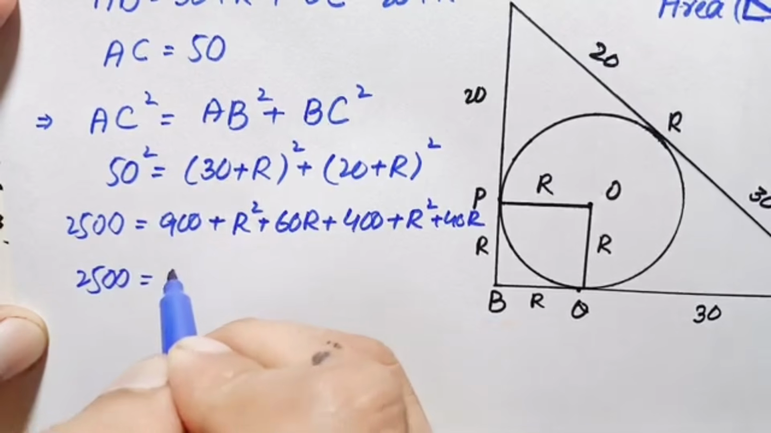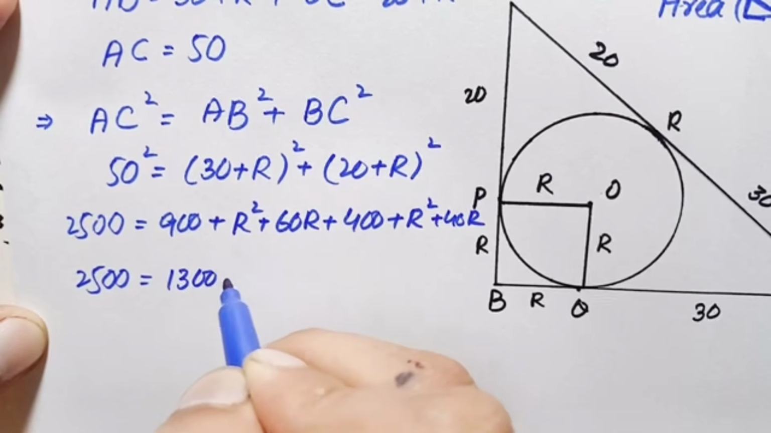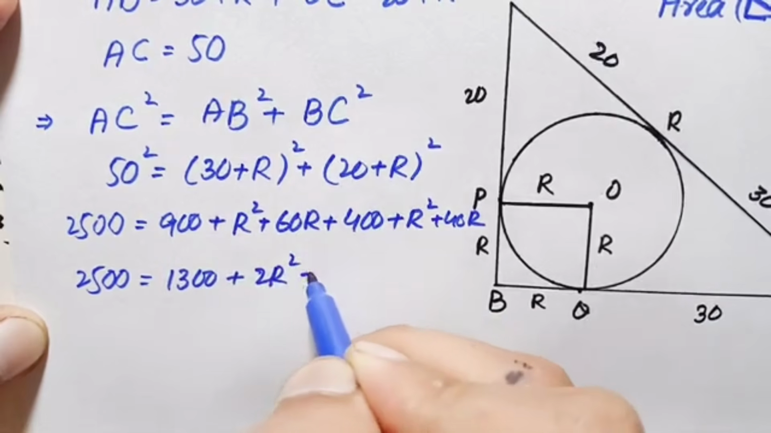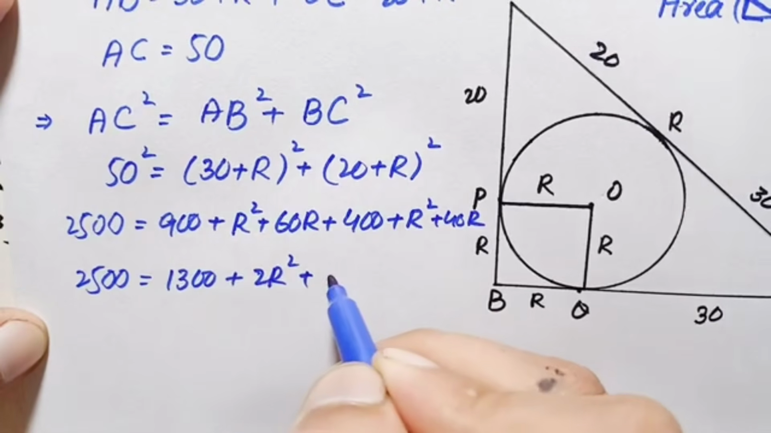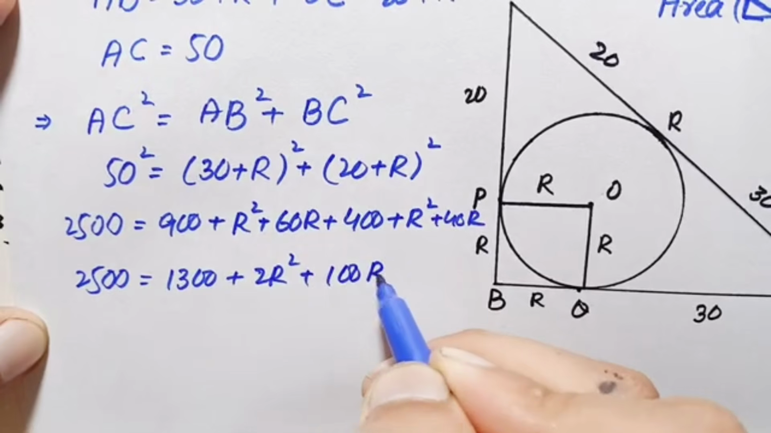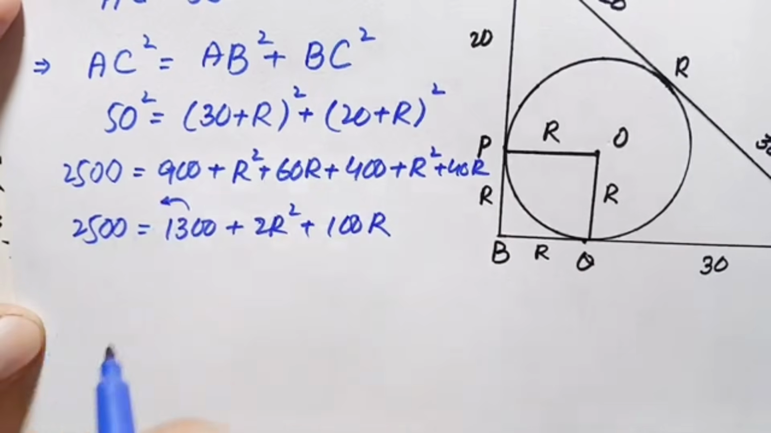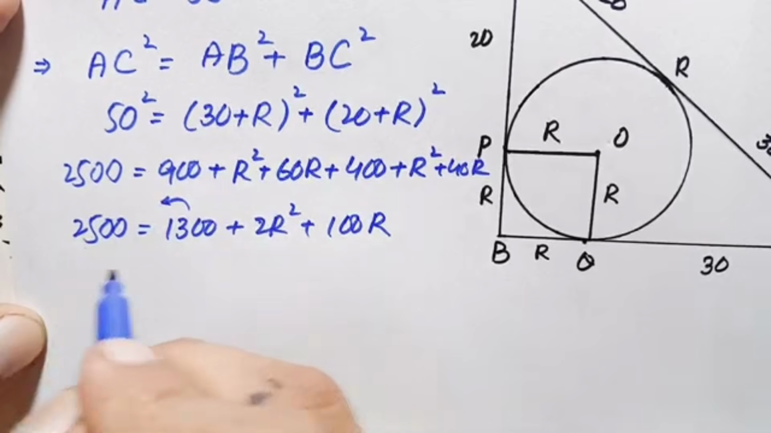900 plus 400 is simply 1300. R square plus R square is 2R square. 60R plus 40R is simply 100R. Now let's move this 1300 to the left hand side. So 2500 minus 1300 is simply